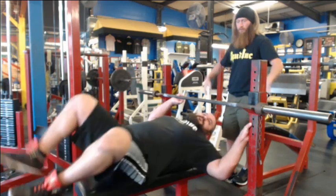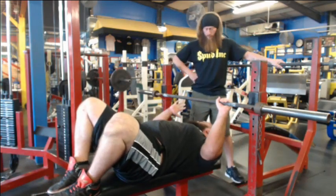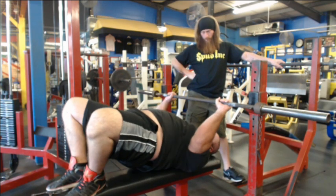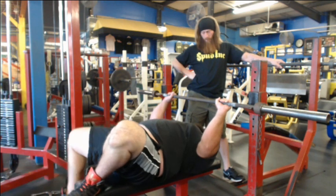I'll go ahead and get my feet up on the bench. I'll take my hands, get them the grip that I want, and then I'll pick my butt up and start walking my shoulder blades in, pulling my traps in, and then I'll set my butt, get my foot